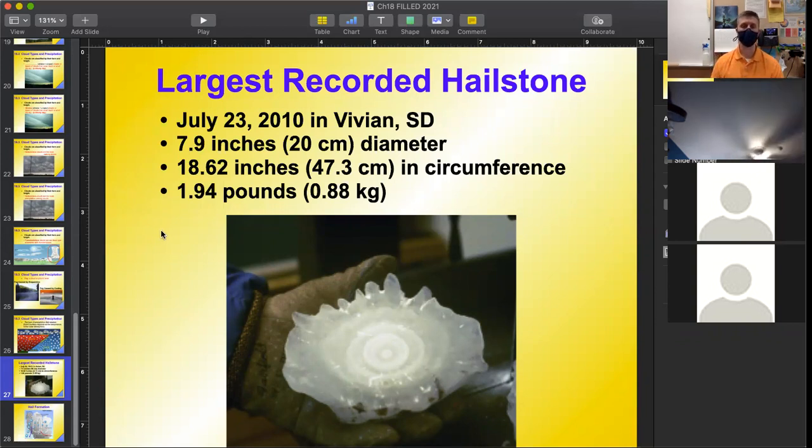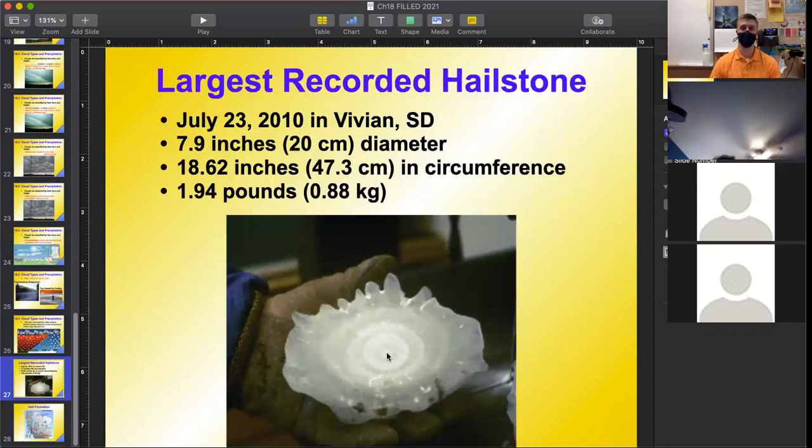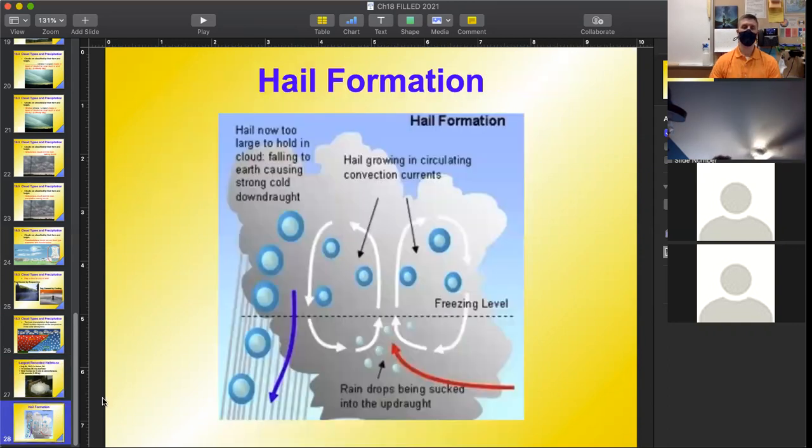Now, this has been cut in half. If you look at it, you'll see these rings. The reason it's like that is the way hail forms is in those really tall cumulonimbus clouds. As you go up higher and higher in altitude, it gets colder. So at some point, there's a line where above it, it's below freezing, and below that line, the temperature is above freezing. So these rain droplets are pushed upwards and they freeze. They form a little ball of ice, which is the nucleus, a center point. And then that little piece of ice can fall